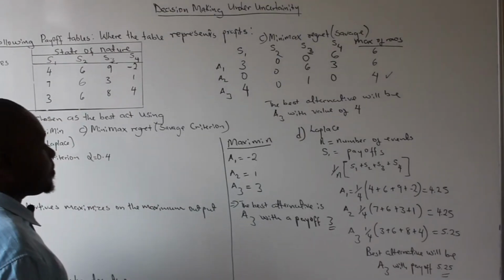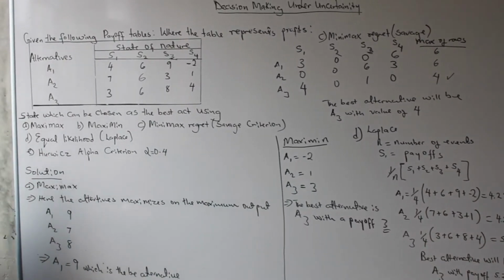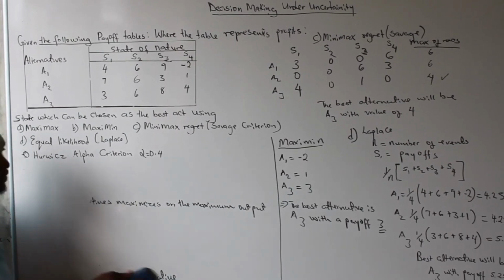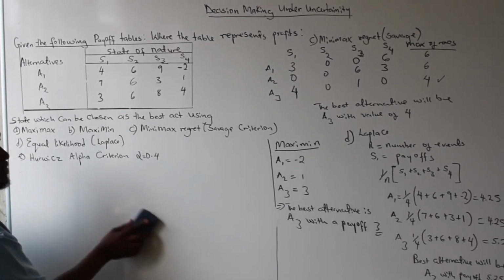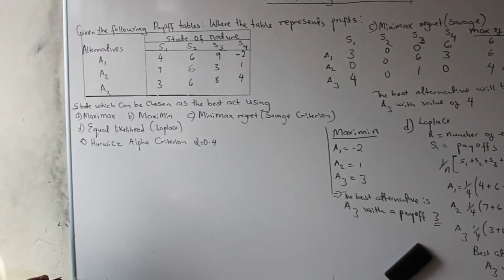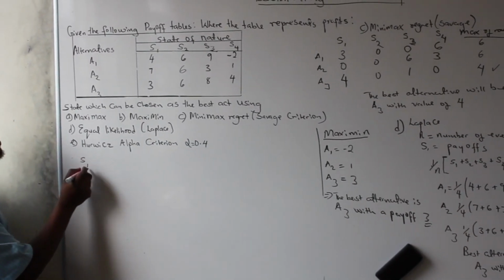5.25. So part 3, it was the Hurwicz alpha criteria. Under that, we have a formula, and this is how you're going to do it. For the Hurwicz criteria, you'll come and draw that one. We'll have S1,